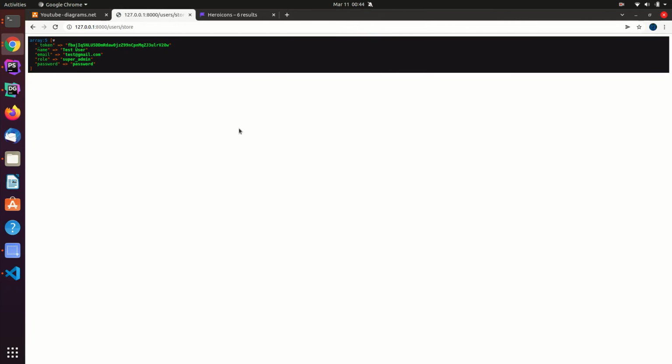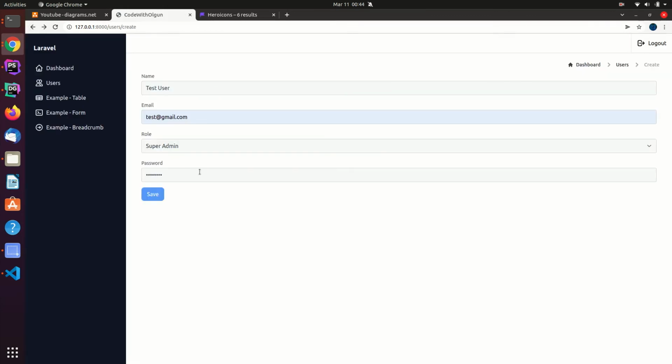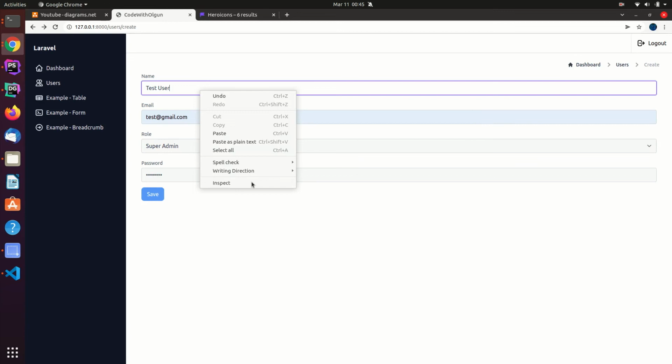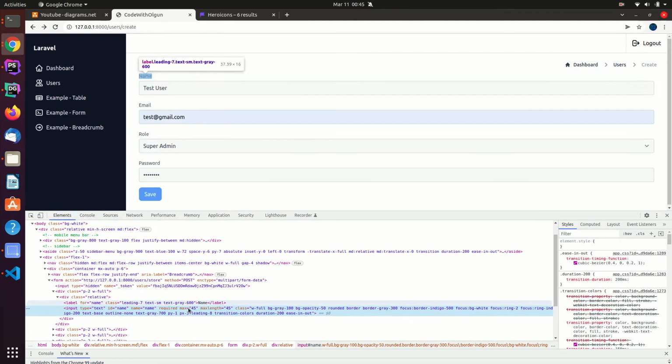Still, I will be able to get all the data, but for example, if I'm an attacker, or let's say a bad user, and I'm going to make sure to hack the system,